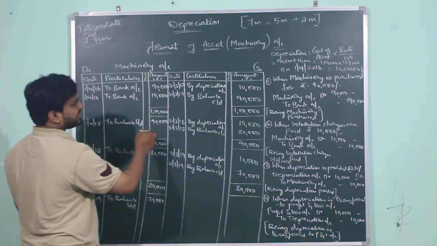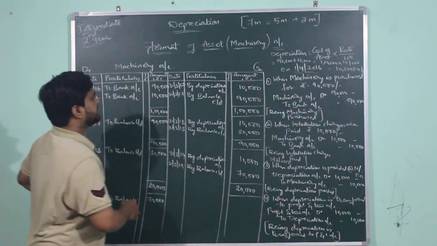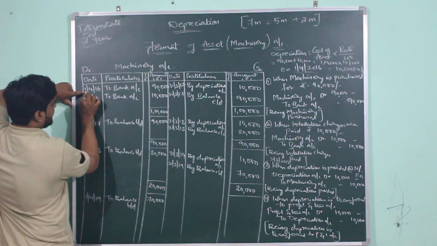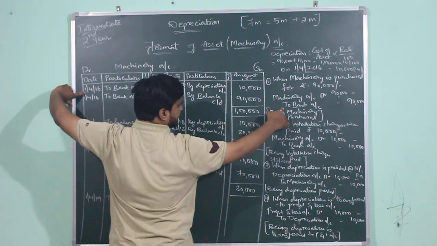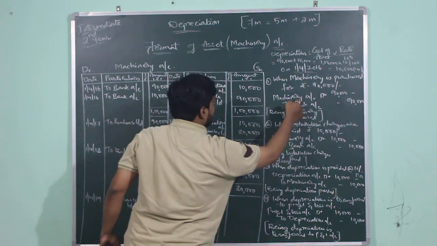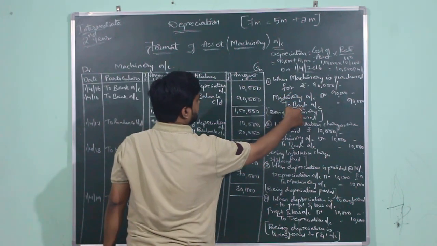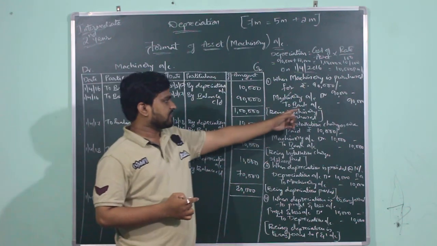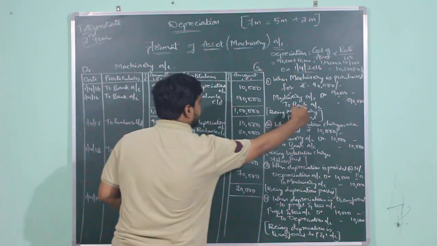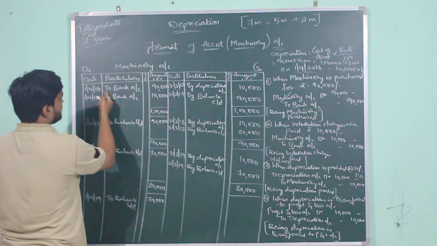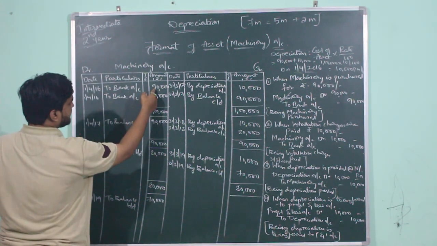So when are we purchasing the asset? The machinery is purchased on 1st April 2016. So here we will write the date on which the asset was purchased, 1st April 2016. So what is the journal entry? Machinery account debit to bank account. We have purchased the machine for 90,000. As we are preparing the machinery account, we are not going to write the name of the machinery account, so we will write the name of bank account. Bank is recorded on the credit side of the journal entry, so it will be posted to the debit side of the ledger account. So what is written in credit here will be written in debit here, because we are purchasing the asset for 90,000 and the entry will be machinery account debit to bank account 90,000.